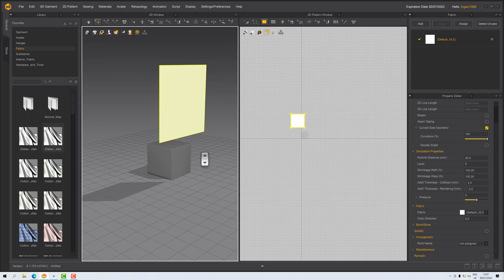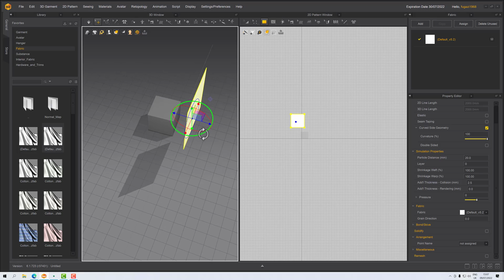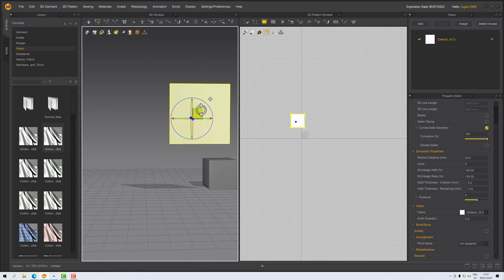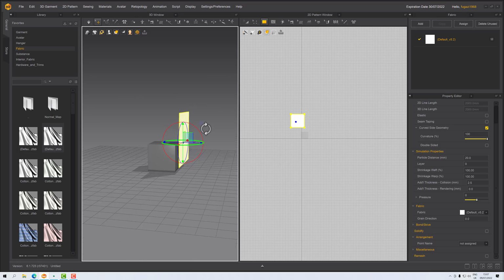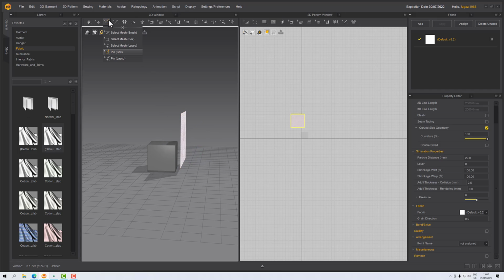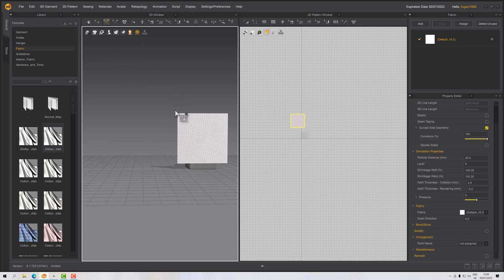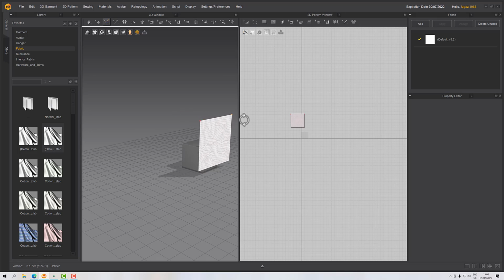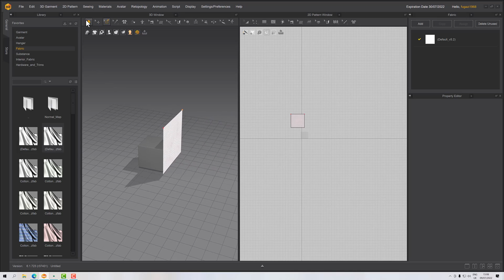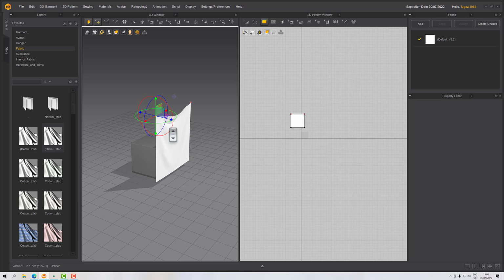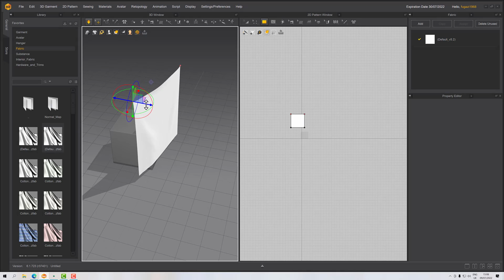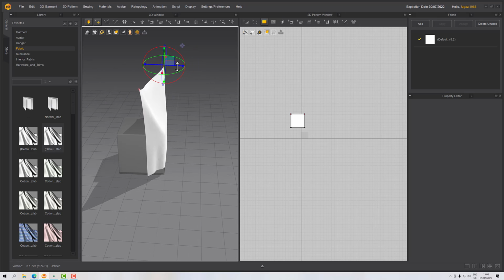Well, I've got a little cube in my scene and I'm just going to maneuver this so that I'm somewhere near it. There we go. And then I'm just going to pin a couple of the corners, and then if I activate the simulation I'll get a little drape, and I can select each of these pins and move them about while the sim's running, and I just want them to kind of drape along that box